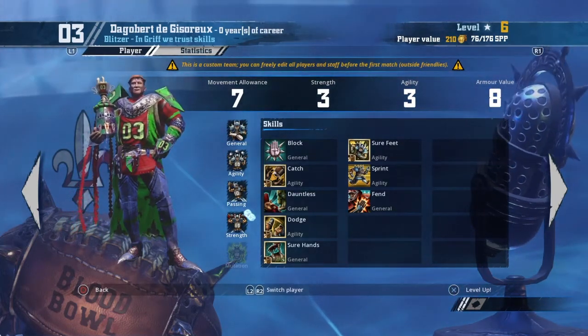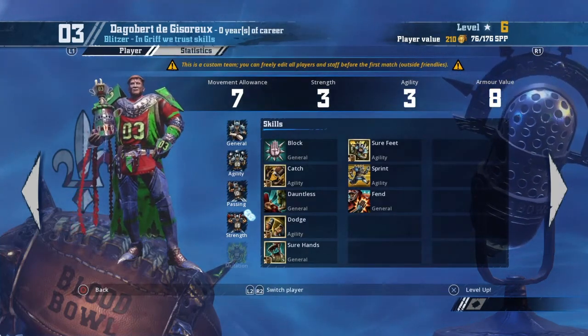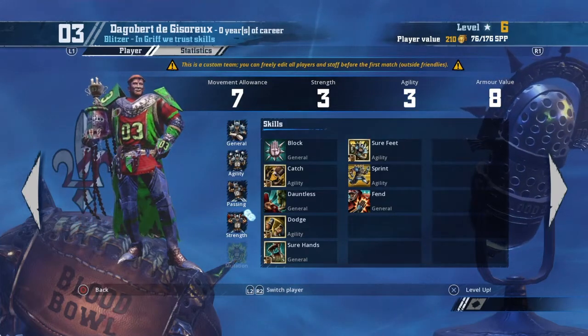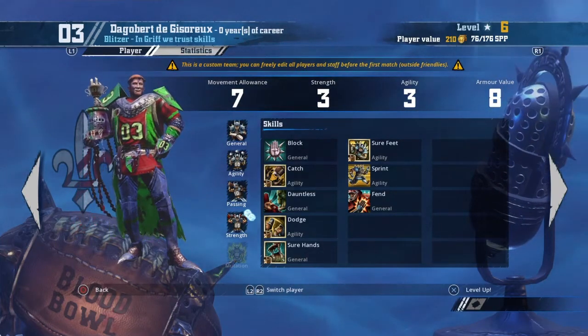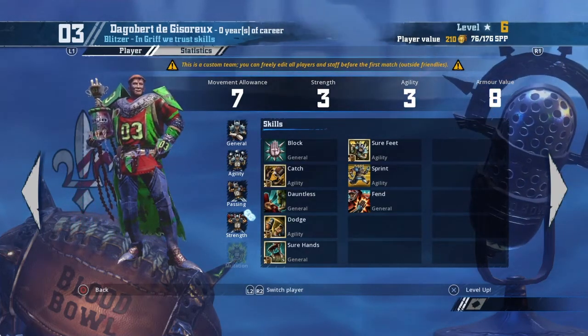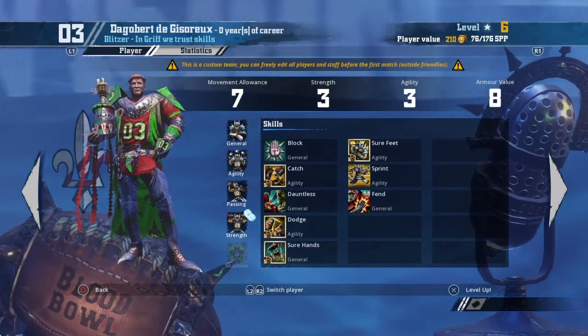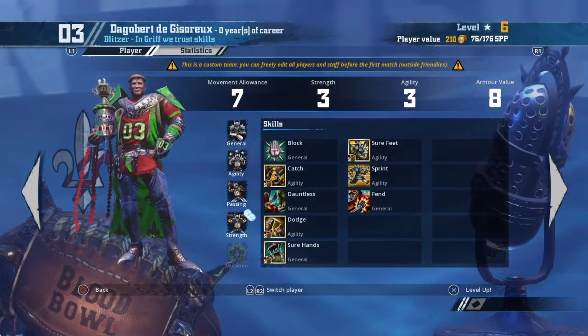Obviously sprint gives you an extra square, so it gives you potential movement of 10. And obviously your sure feet, that basically makes it a lot safer to go for it. Fend's another skill, so if someone does hit you, then at least you can get distance between yourself and the guy who's hit you. So it's a pretty good skill. And all of these blitzers as well, while we're going on,